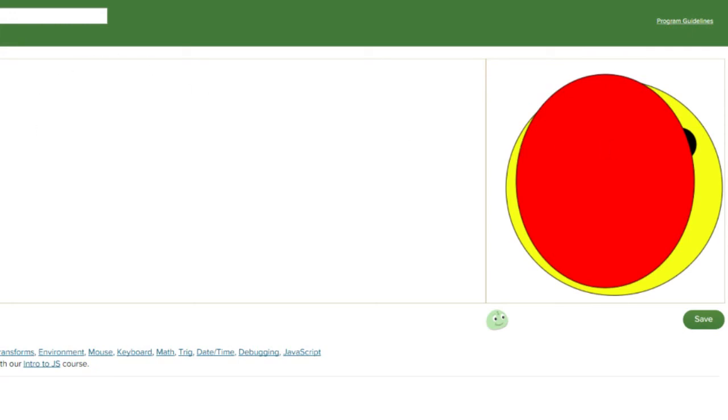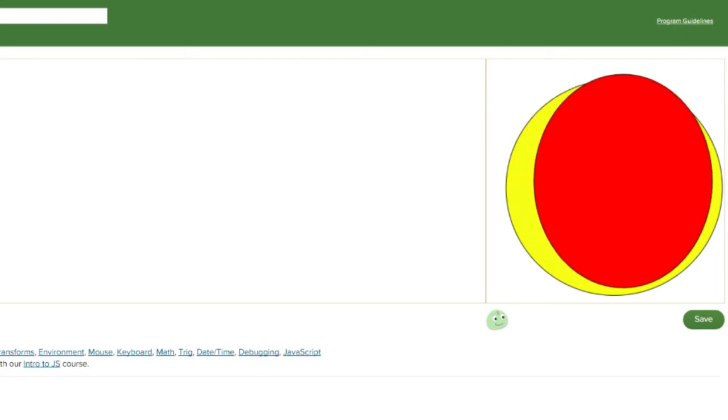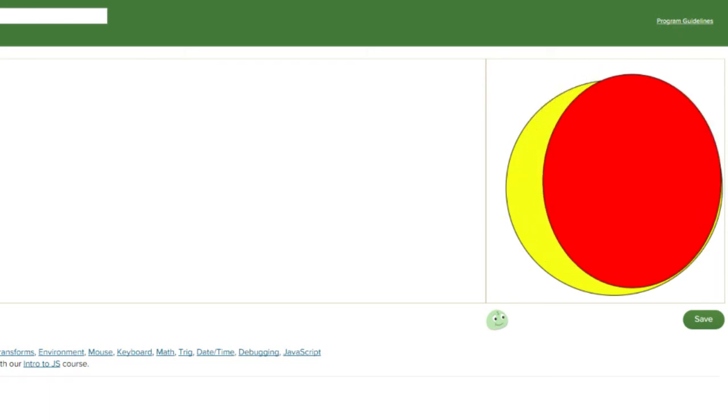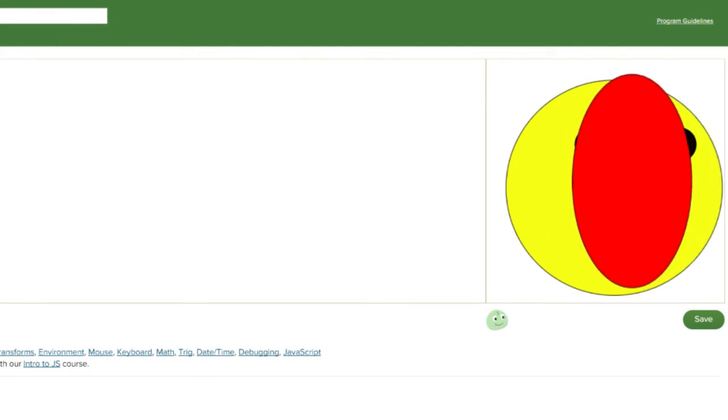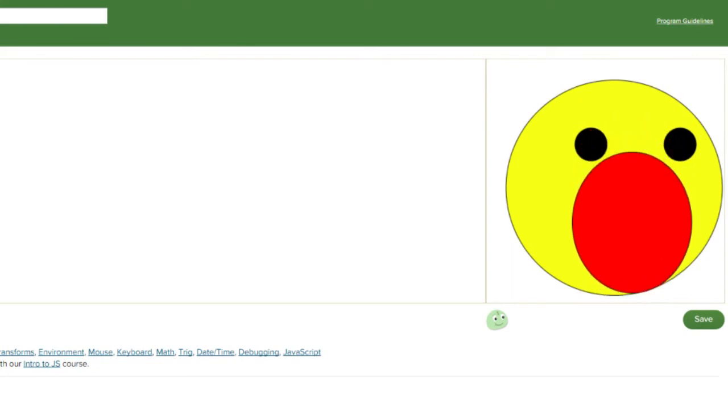Winston's mouth is red. So then what we're going to do is let's move it a little right, and then we're going to put it down. No, wait, we want to do that first. And then we make it the mouth that we want. And then let's drag it down there. So that's kind of a mouth. That's not really Winston's thing. So let's make it